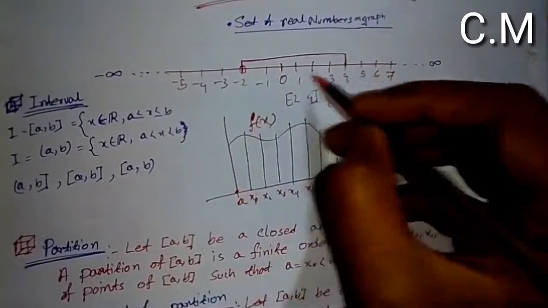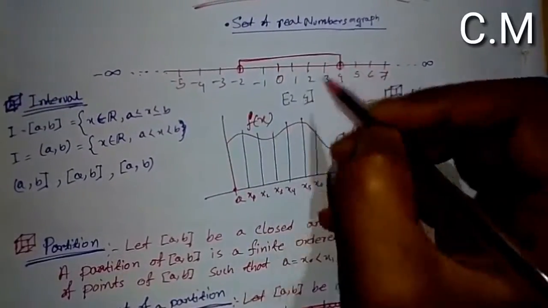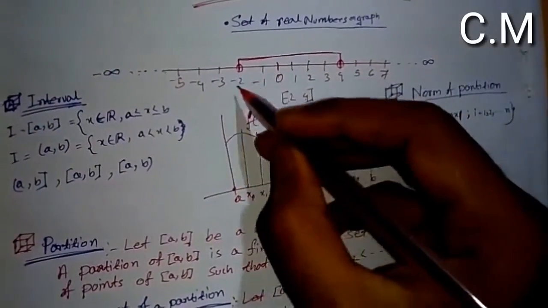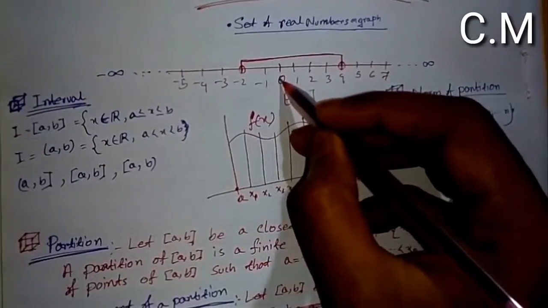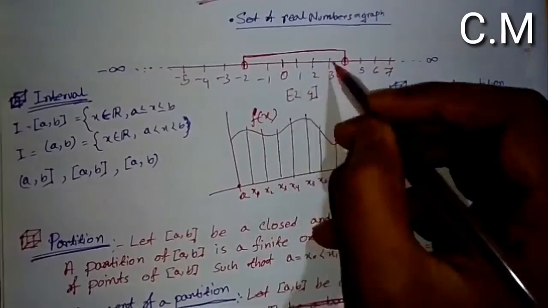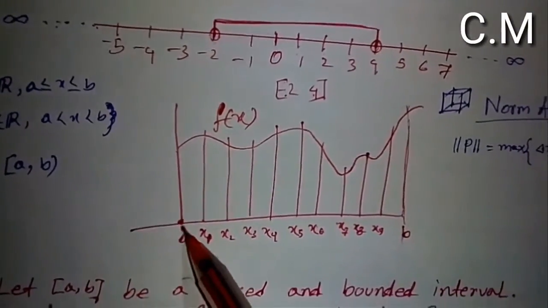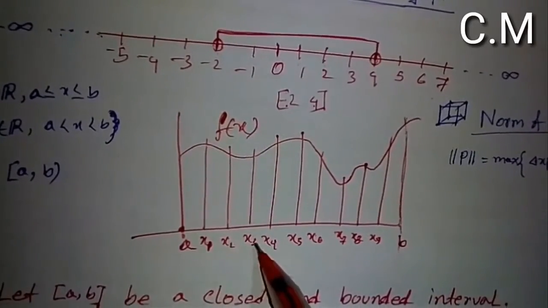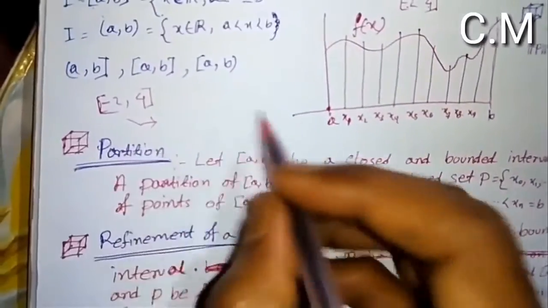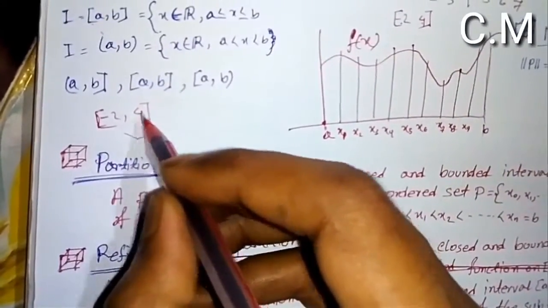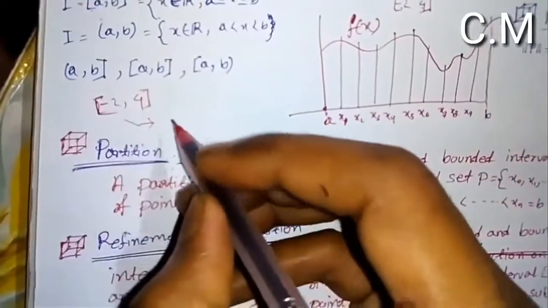That means -2 to 4 is one interval, and these are the sub intervals: -2 to -1, -1 to 0, 0 to 1, 1 to 2. These are the sub intervals. You can also see in this graph x0 to x1, x1 to x2, x2 to x3. These are the sub intervals of a function. For example, -2 to 4 is a bounded interval and the sub intervals are